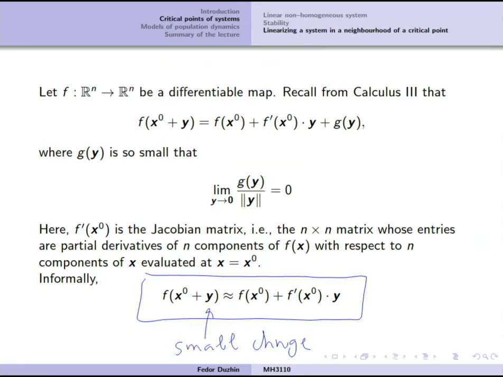So let me maybe mention that the Jacobian matrix is the n by n matrix, y is an n by 1 column vector, f of x0 is again n by 1, and f of x0 plus y is also n by 1. When we write approximately equals, essentially it means that this is plus something of order y square, which I don't want to go into details of, but